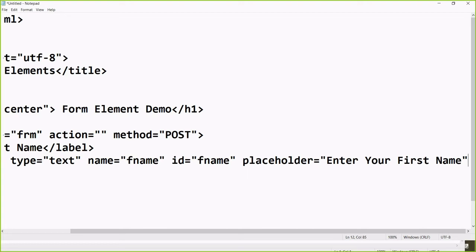Anybody will just see the input box with enter your first name, and whenever you start typing, this text will no longer be visible. So such a concept we can use with the help of the placeholder. The advantage here is that you can save the one space where you were displaying the label. In place of that you can display some other things. Got it? So I will show both again. Label you can remove, I don't want a label here.